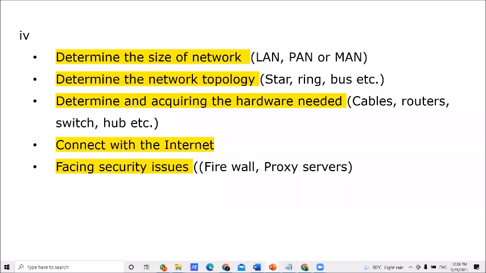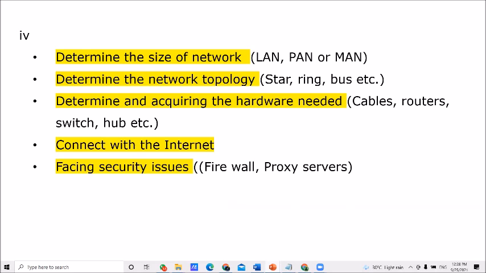Then how you are going to connect to the internet. That's another thing you need to think about initially, because many of the functions are now presently done with the internet. Then another major factor is facing security issues. Mostly, especially competitors, are looking for ways to hack other systems.